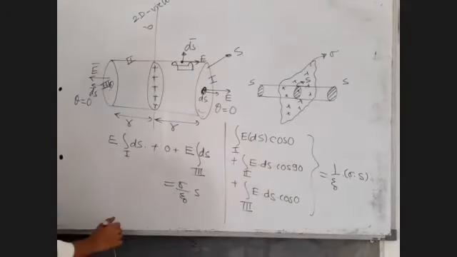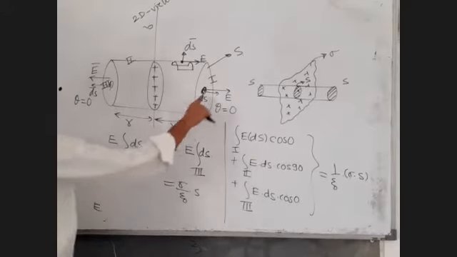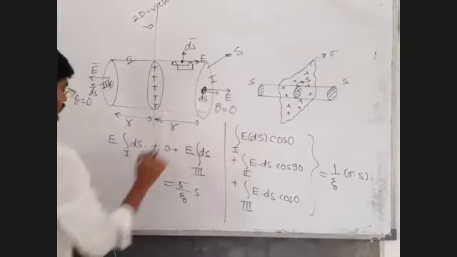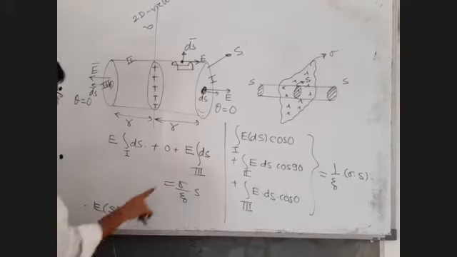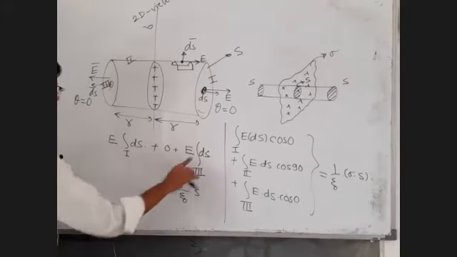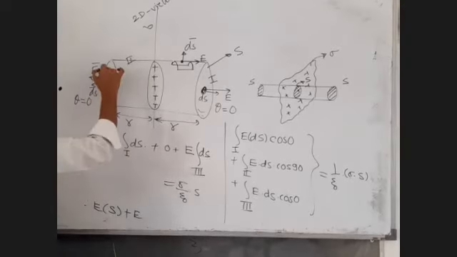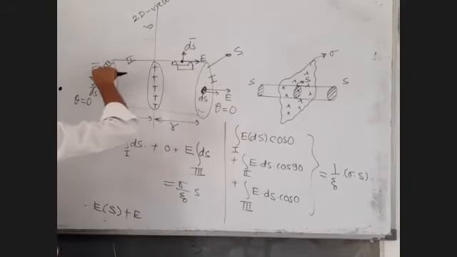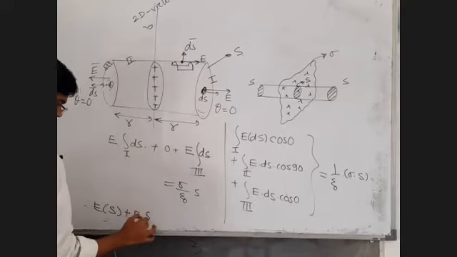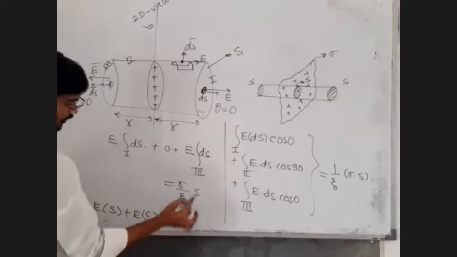Now this next E as it is, integration of ds over the first area will give you S. Plus 0, no need to write. E as it is, integration of ds over the third area. This is the third area. If this area is S, this area of the Gaussian surface should also be S. Is equal to the right hand side, sigma upon epsilon 0 into S.